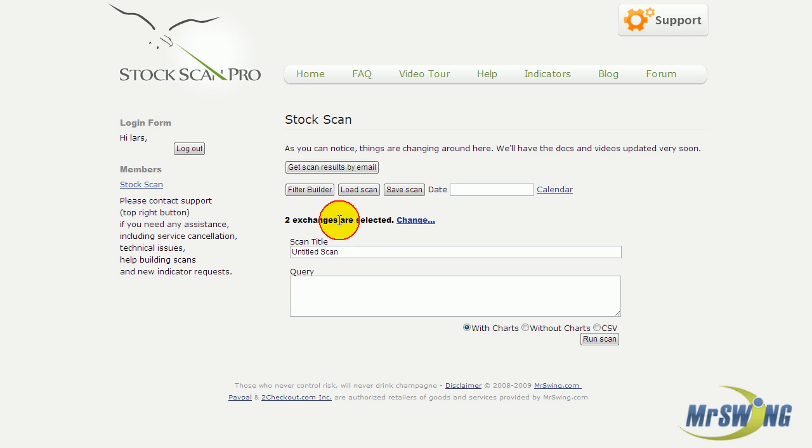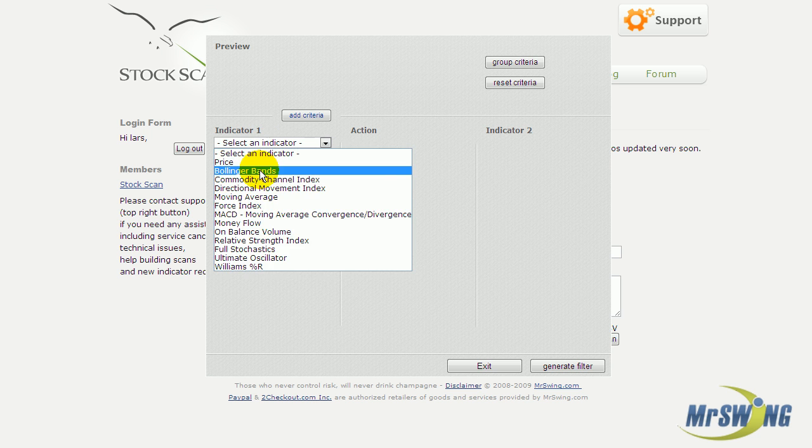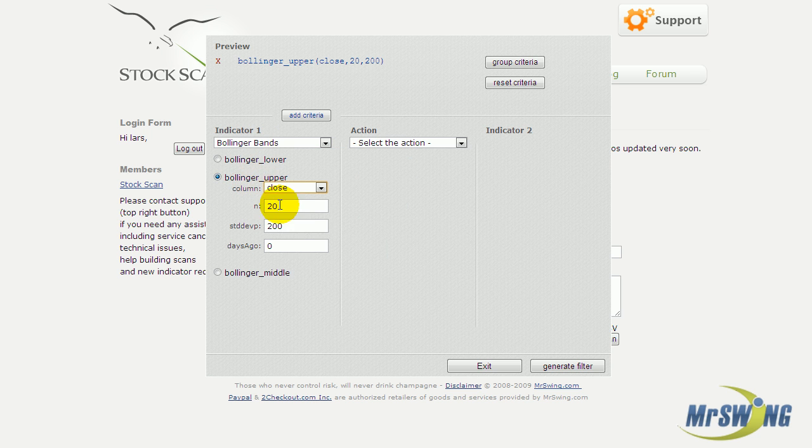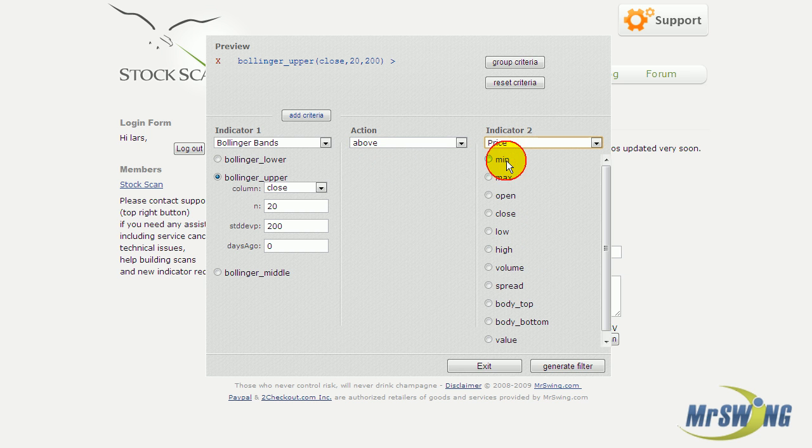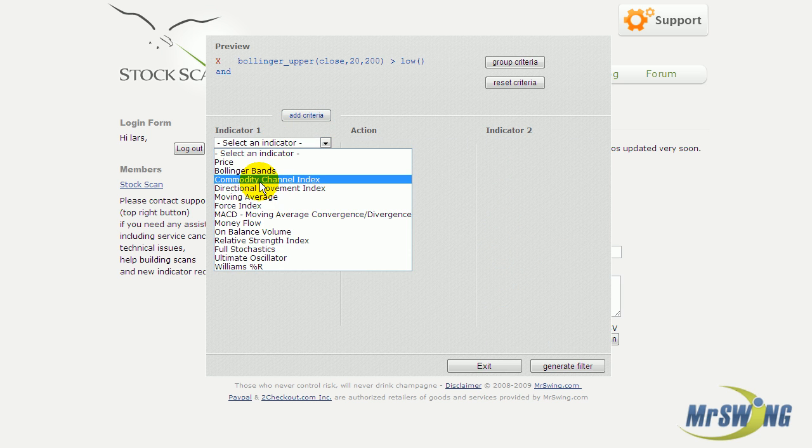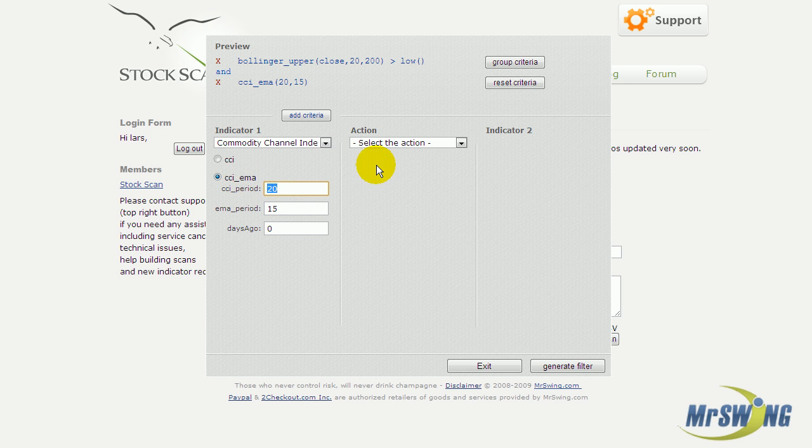But the biggest benefit of StockScanPRO is being able to create complicated scans with an unlimited amount of parameters in a very simple and quick manner. I'm not going to get into creating scans in this video. I'll do that in some following videos, and I encourage you to watch those, but I will go through the